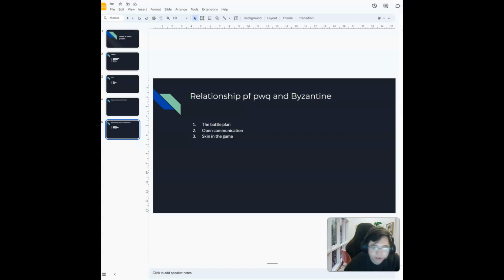So the third one, skin in the game, is actually an economic cost. POW involves a significant investment in computational resources and electricity. This cost acts as a deterrent to any node considering acting dishonestly. The expense required to outpace the honest nodes in computational power is typically much greater than the potential reward.